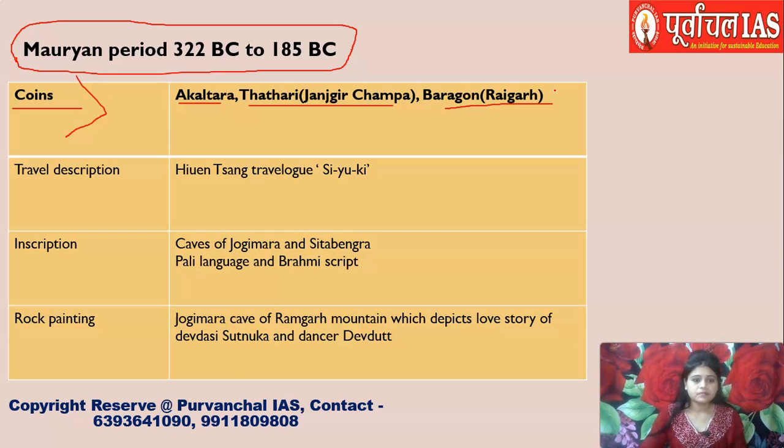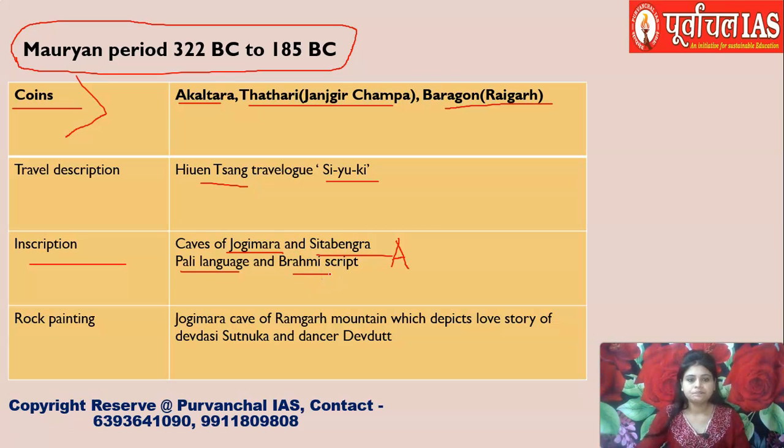Okay. Then we also get the description from the travelogue of Huensang. I told you that Huensang visited in 639 AD. And in his travelogue, which is known as C.U.K., there is a description of the Mauryan period in Chhattisgarh. We have inscriptions also from the caves of Jogimara and Sita Bengra, which is in Sarguja district. We get the inscription of the king Ashoka, which is written in Pali language, and the script is